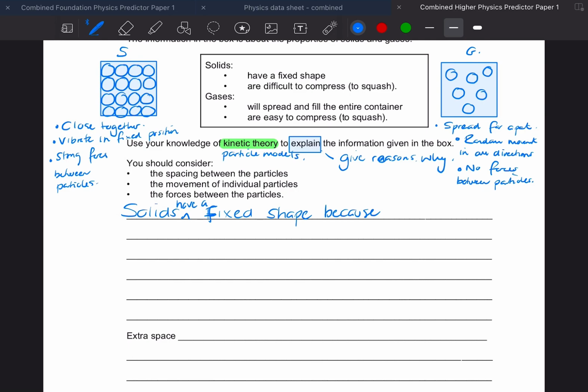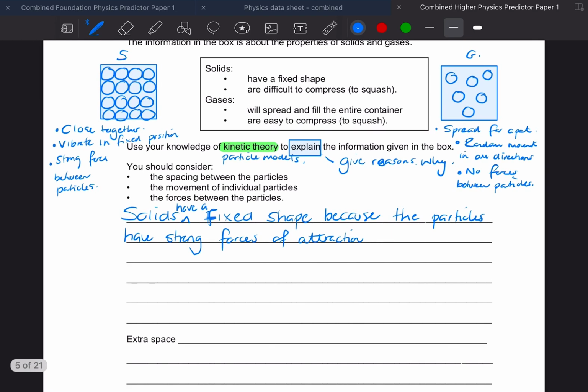Well, it's to do with the forces, because the particles have strong forces of attraction between each other,